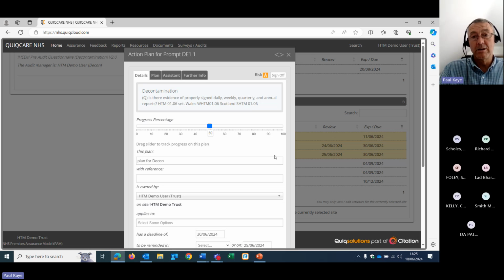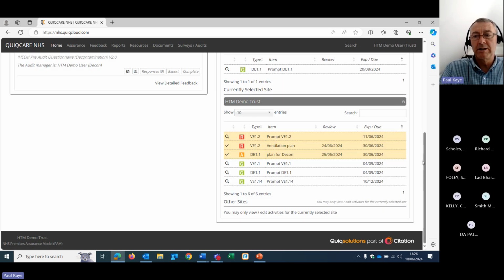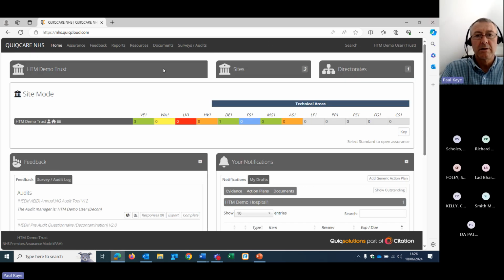As I say, they're linked to those alerts and reminders, so the system will tell you when it's time to do them. Once you sign off the plan, you're basically saying it's complete, but it keeps a copy of every action plan you've ever done. You can duplicate plans if you need to do something similar in future. You can also report on them and reopen them even if you need to, if the same plan hasn't quite been finished. So it's a mechanism for managing compliance.